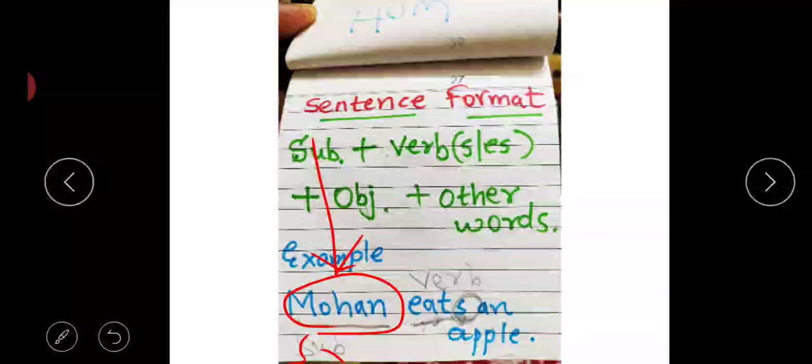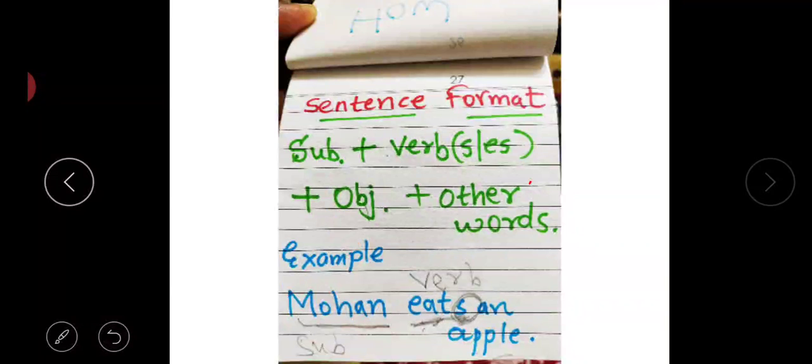Let's move further. On the next slide, similarly some other examples can be I eat an apple. In that I have not added S. We eat an apple. She eats an apple, right? So again with she I had to add S in eat, so she eats an apple. So these are a few examples where in some sentences I am adding S or ES to the verb, or in some sentences I am not adding S or ES to the verb.